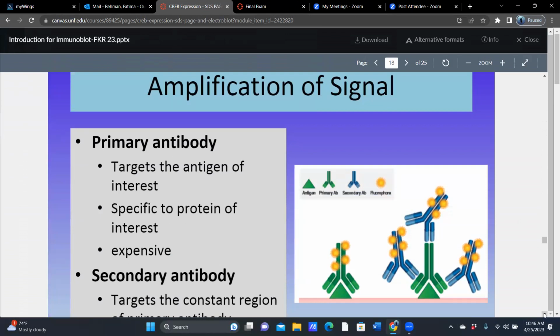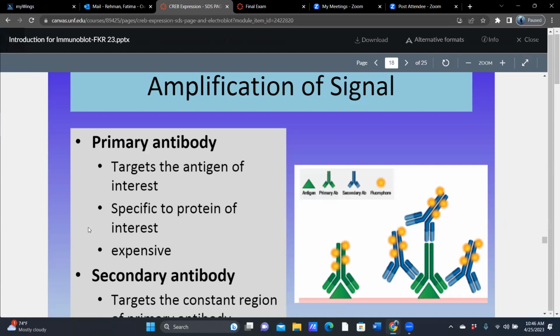If you're just looking for the total amount of your favorite protein, total amount of actin, total amount of EGFR, whatever it is, then it can target any sequence on that protein. It doesn't matter. The epitope can be anywhere along that protein. If you want to look at a specific portion of your protein, let's say you're looking at phosphorylation at serine 32, serine at amino acid site 32, then you are going to have to use a very specific antibody